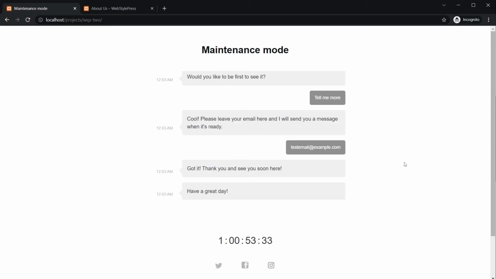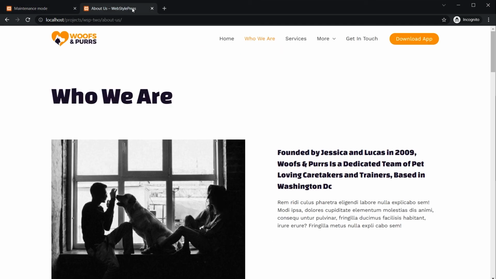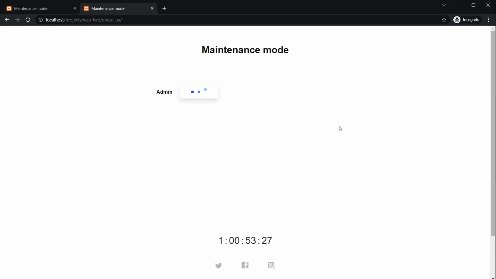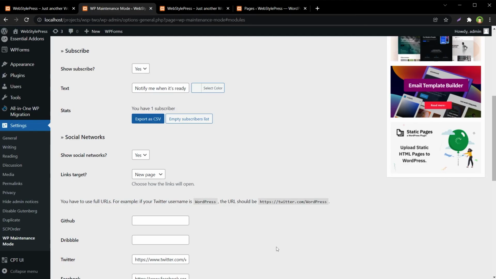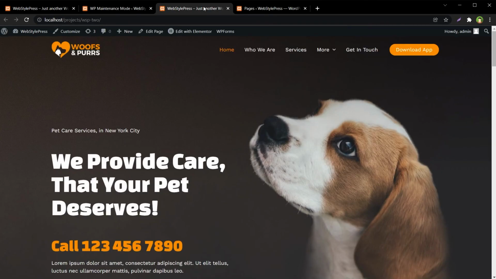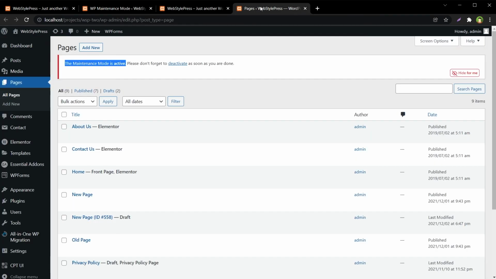Regular users will see this screen and they won't be able to access any other page in your website. While you, as an administrator, can access your website and manage it from the backend as you would in normal circumstances.